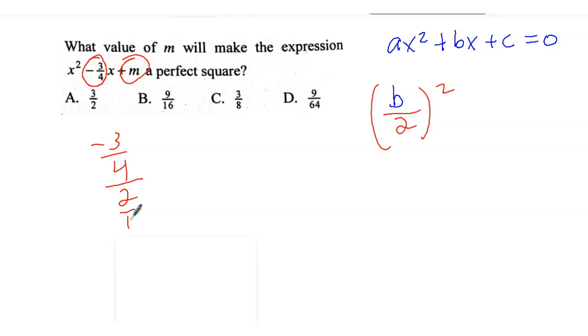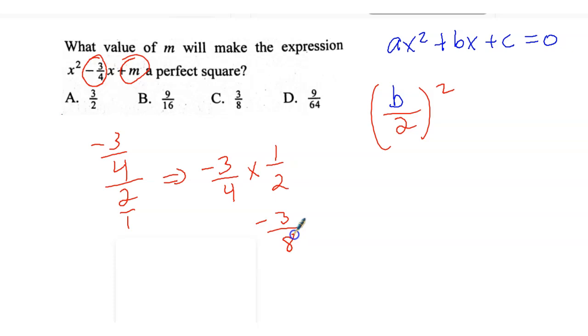We keep the top fraction, the division becomes multiplication, and then we flip the second one. So this implies that we get negative 3 on 4 times 1 on 2, and that becomes negative 3